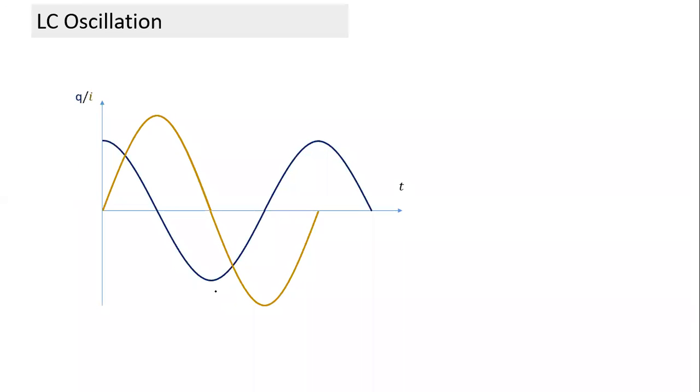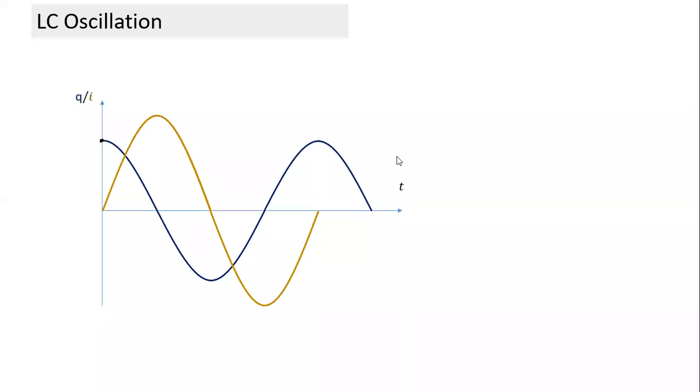Okay. Now, in terms of LC oscillation, their displacement is varying. Here, charge is drawn in blue color and current is drawn in the other color. So in this case, we have drawn what this equation corresponds to, when t is equal to 0, when the capacitor is fully charged and there's no current flowing through the inductor. So if I have to draw a phasor for Q and I, what will the phasor look like?